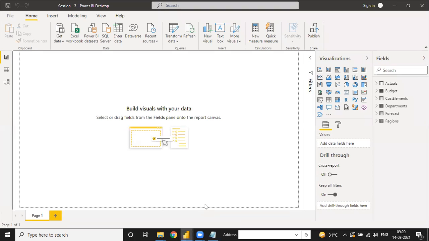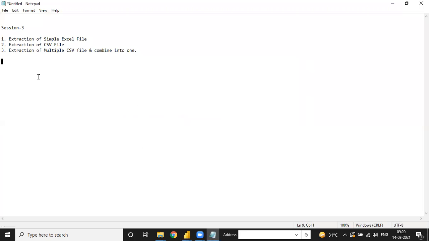Our next step is to create a model, to create a relationship between tables. So now the fourth step is to create relationships between tables.